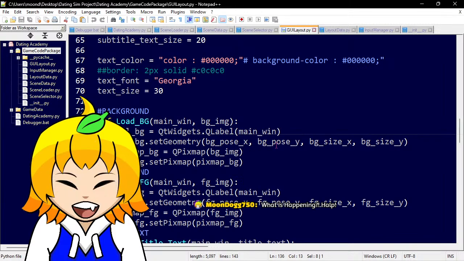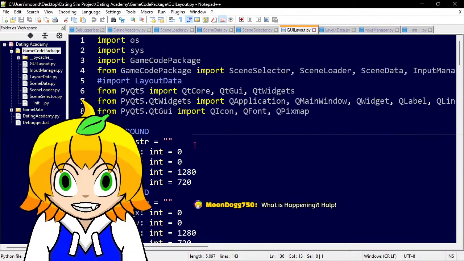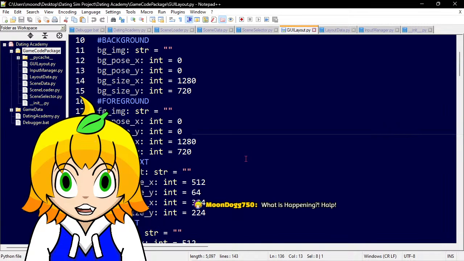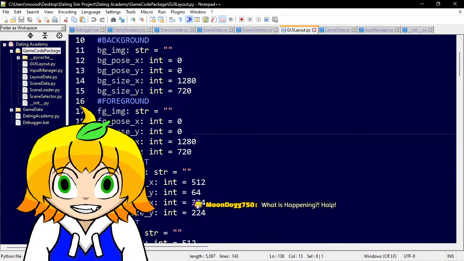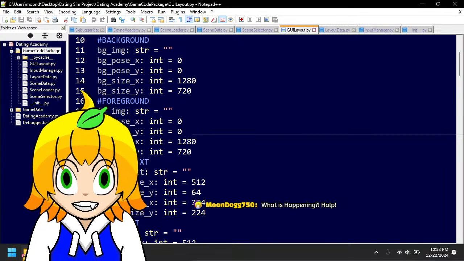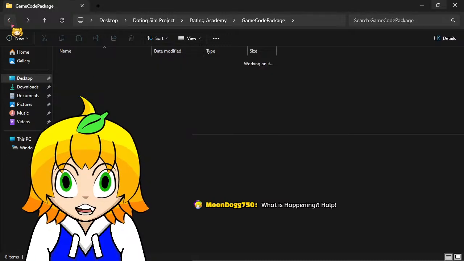It sets the size, which I have variables up here for, which I want to be able to adjust. I'm going to adjust these later with the layout data. I want to do a layout data so I can adjust sizes and locations, because like I just showed with the main window, we can do title, we can do position. These positions are important for where things go.